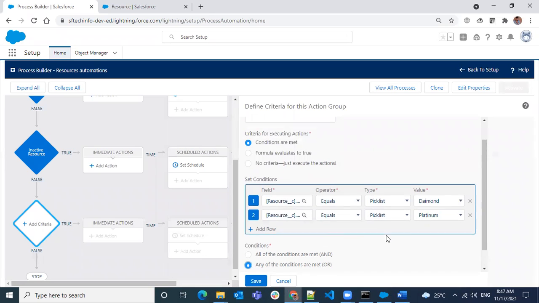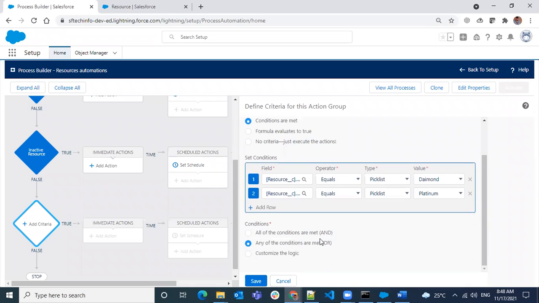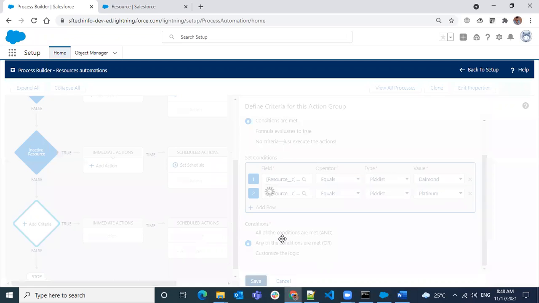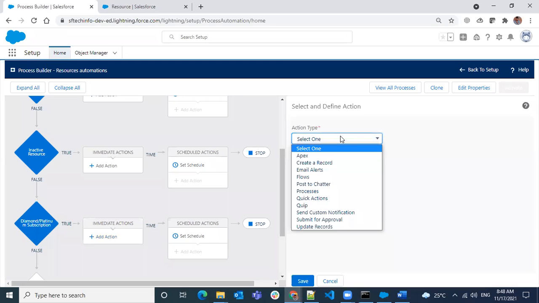Subscription diamond or platinum subscription. I'm just saving here. If I have either of these subscriptions, I want to provide some discount.